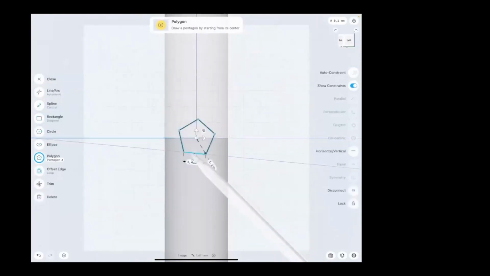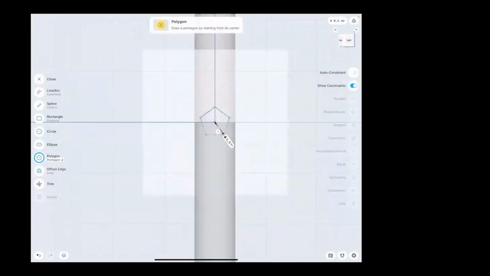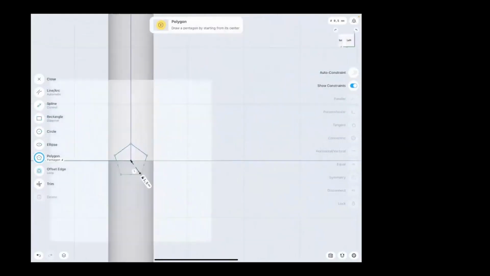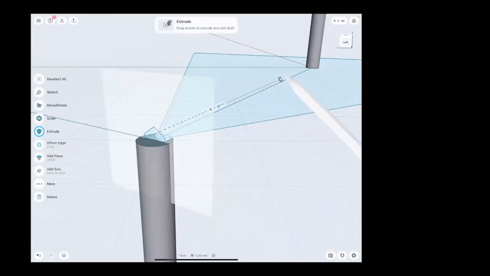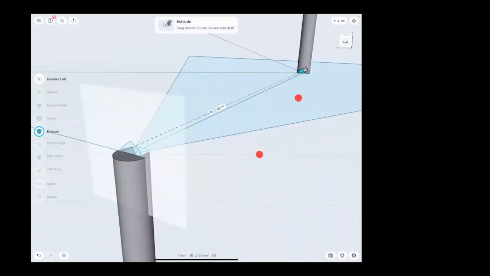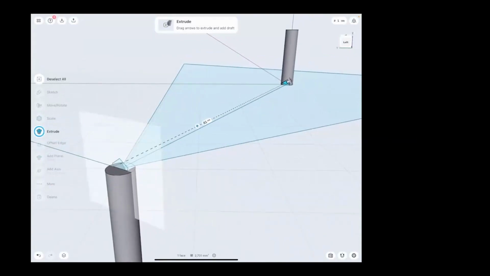After constraining this pentagonal shape and dimensioning it, I can zoom out a bit and rotate away the view to extrude it to connect the two vertical channels. But as you can see, it cuts into the other channel, which is the intended behavior of Shaper.